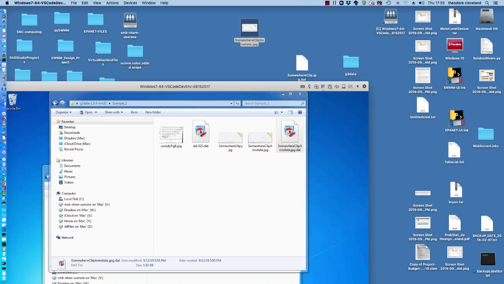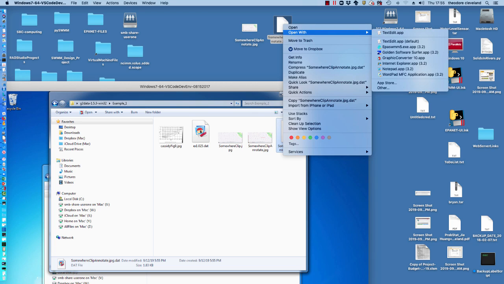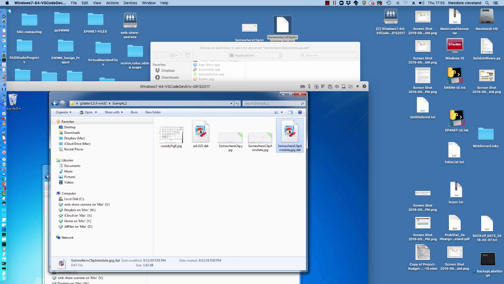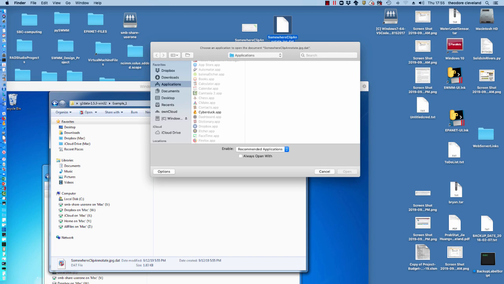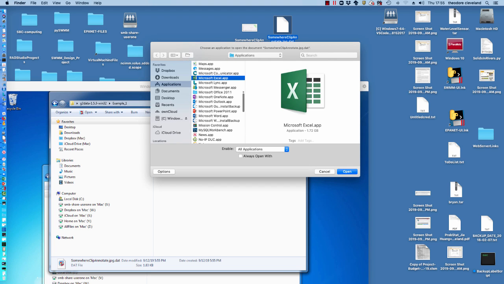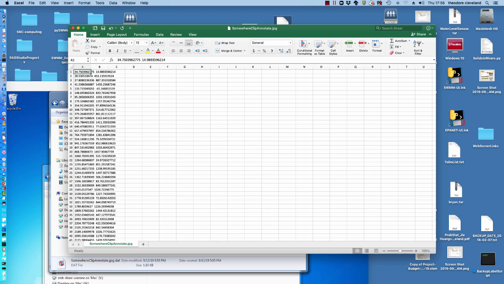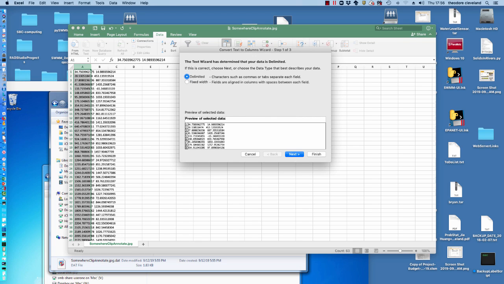Okay, so we've now saved all the points. Want to export the point data to a file. Pretty sure I can exit here. So that file we're going to need to move to the Macintosh. In my case, that's what I have to do since I'm working on a PC running inside a Mac. Okay, so bring the data file out here. Open with,